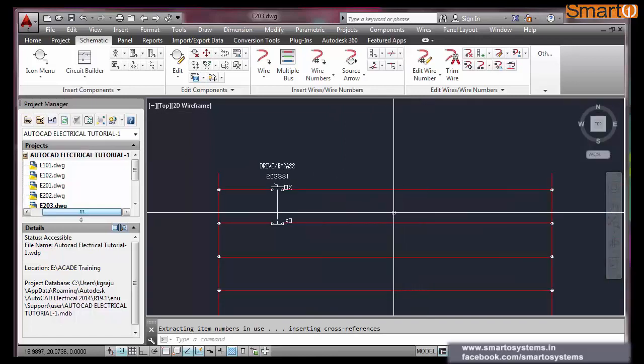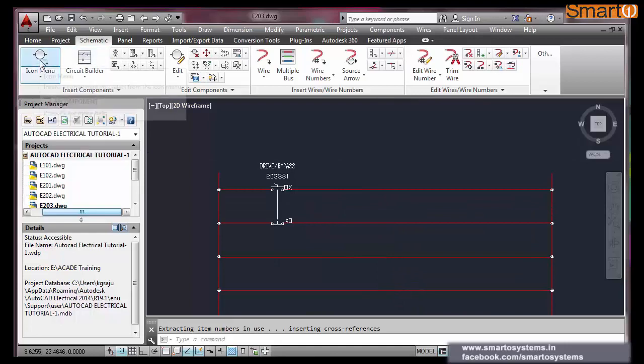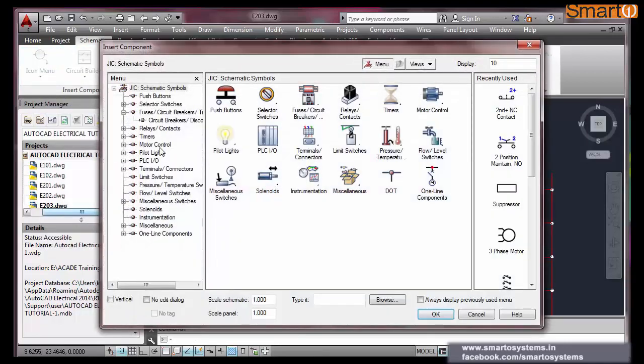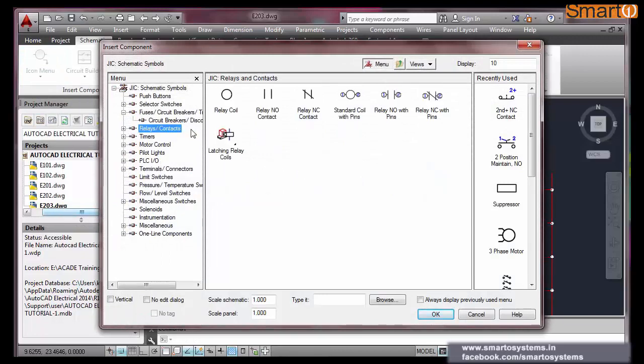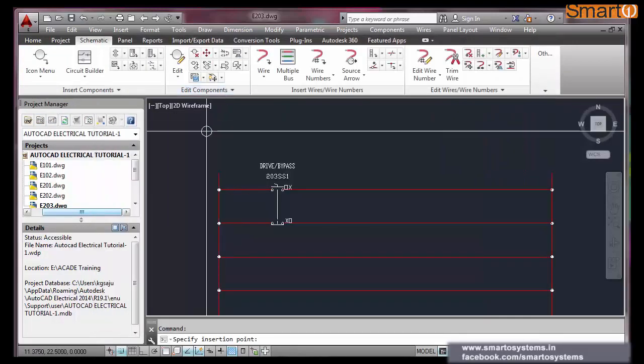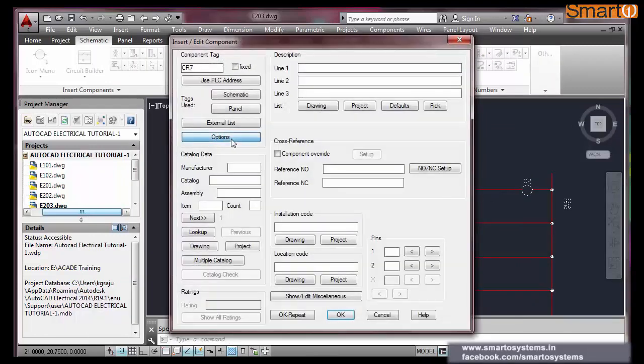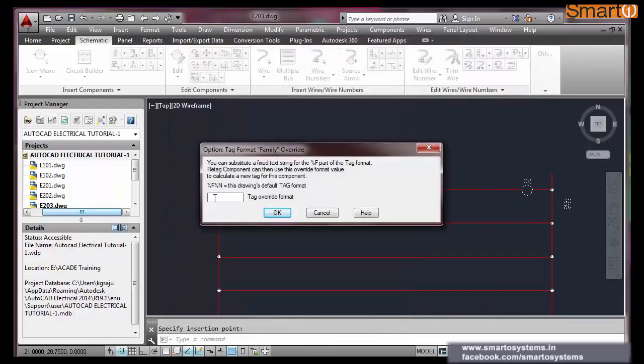So using this switch, I will pick up 2 relays. I want to insert 2 relays now. Okay, control relay coil. Specify insertion point. I am going to insert it here. Options. Because I want to insert more relays in this sheet, more relays and more contactors, I will put %F, %N.